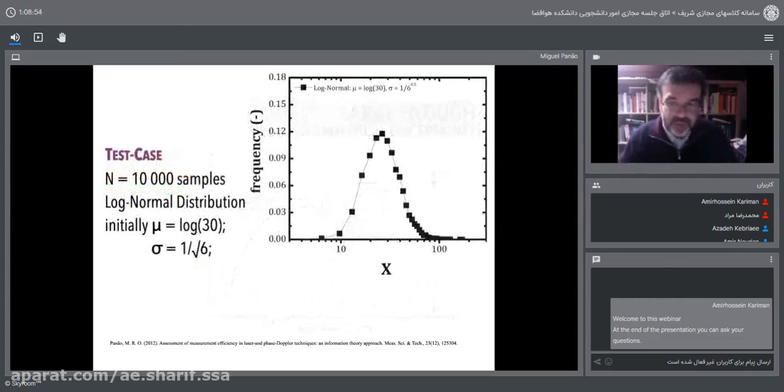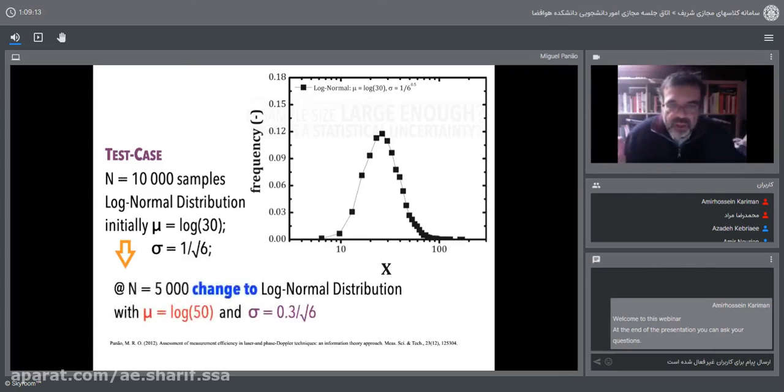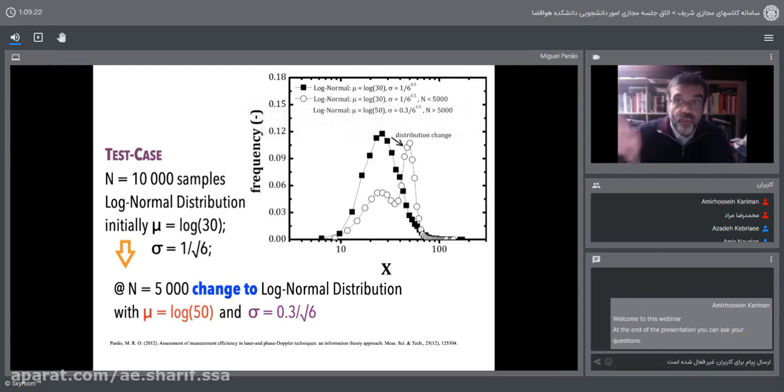Let me give you an example of the application of this criterion compared to the other one. Let's say a test case. We have 10,000 samples, log-normally distributed, but let's simulate that from a certain point in time while I'm measuring, the spray changes. It begins to malfunction, and it produces a different distribution. So after 10,000 samples, the distribution I would get would be a very different one from the previous one, right? So are the usual and typical criteria able to find that there is a problem